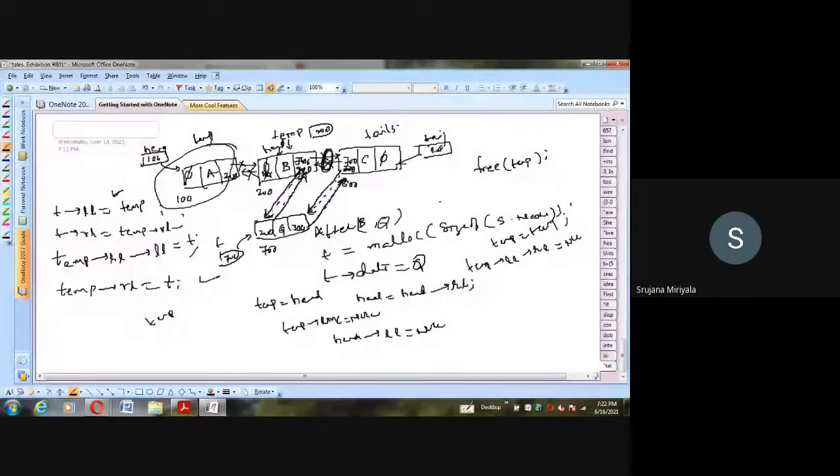Sir, both will be null, no, sir? This right side, yes, since you are going to delete this one, obviously its right is already null. Now this will become your tail node, so that's why here you have to store null. Okay, sir. And then move this tail to this particular one, and this second link also remove, and then free that particular temp. So the same way we have deleted and separated the memory, in the same way here we have to separate this tail node and remove the memory which is allocated for this. So the same four statements will work out on this tail. The thing is that we have to move to the left here. In the head, we move to the right. So that's how we can delete the head and tail.